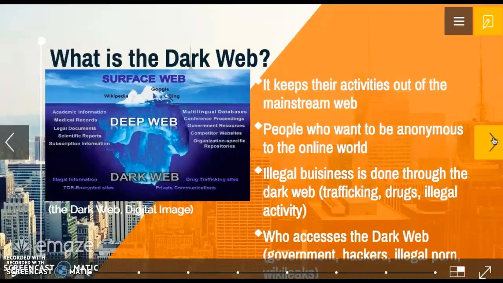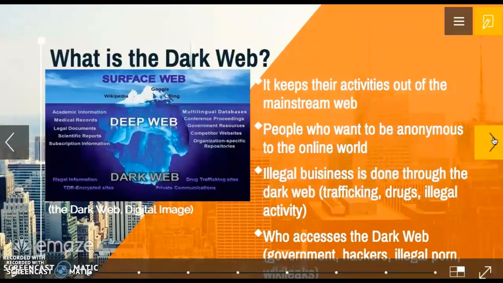Illegal business is done through the dark web, such as trafficking, drugs, and other illegal activity. And government, hackers, illegal porn, and WikiLeaks all have access to the dark web. I like the image to the left, which shows what the dark web is and gives you a visual for where it is. So you can see at the top of the picture, it says surface web. Those are areas that all of us have access to, such as educators and our students, such as Wikipedia, Google, and